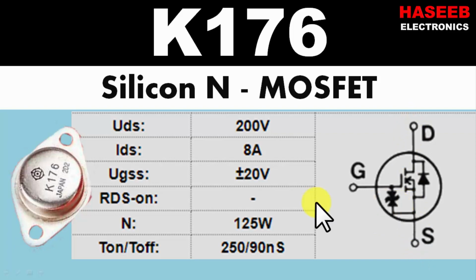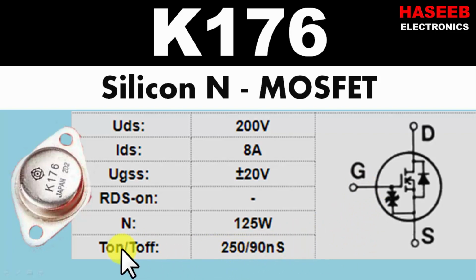ampere. This MOSFET has a protection diode here and an avalanche TVS diode, transient voltage suppression diode, from gate to source. So it has some special features. VGSS, gate to source voltage, is a maximum of plus minus 20 volt. Power dissipation is 125 watt. Its setup time